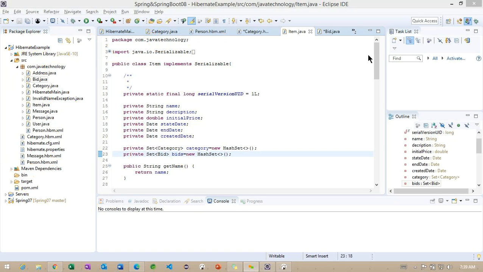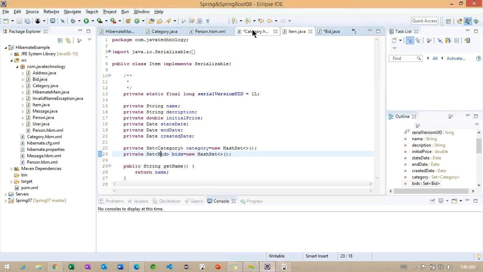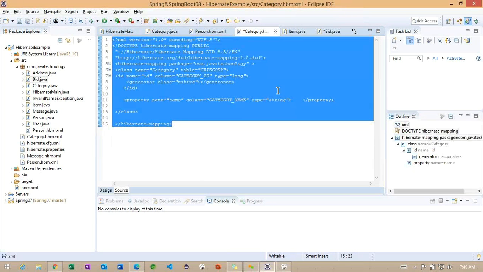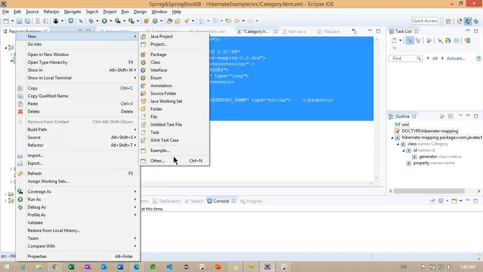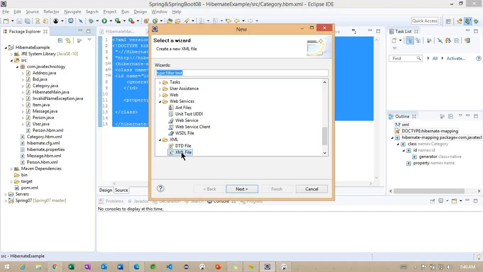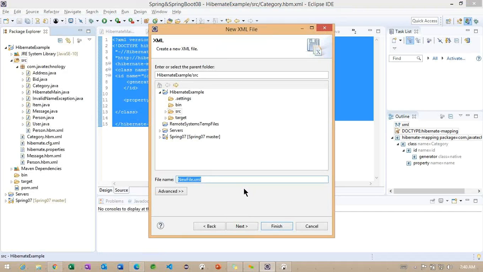Back to here, which class do we need to go back to? So carefully observe. First we'll check with the Bid class, and to create a Bid class mapping, we need to create one more mapping file here. Something called bid.hbm.xml.